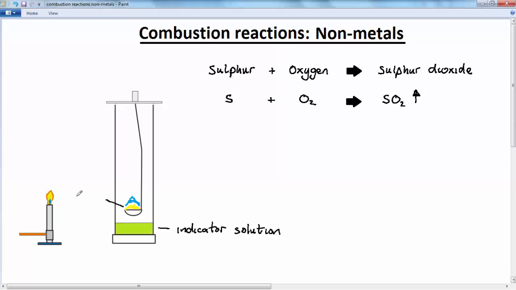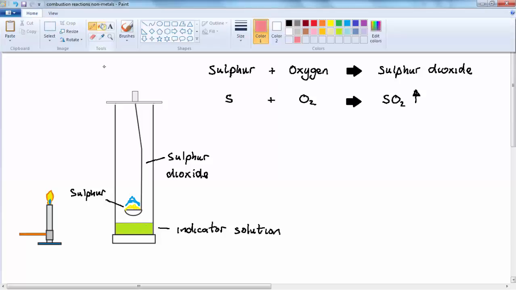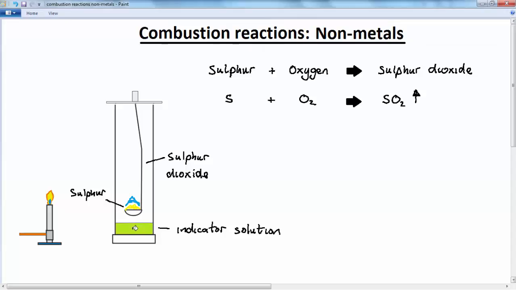We've got sulfur that's burning, and sulfur dioxide is filling up the gas jar. It's quite a heavy gas, so it will gradually move downwards and dissolve in the indicator solution, and what you see is quite a dramatic colour change. I shake the gas jar around so that it absorbs all that gas, and very quickly the indicator solution changes to this colour. It's a pinky red colour,